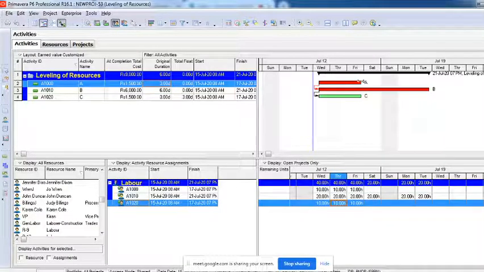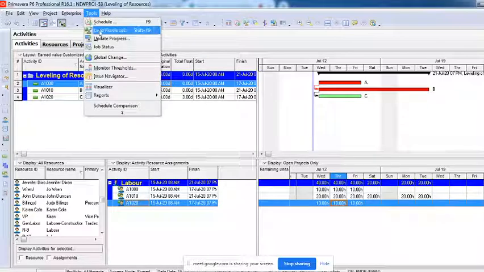Now automatic leveling is, there's an option called tools. In this tools you have something called level resources. Automatic leveling is there, then why am I studying manual leveling? Because when automatic, the software chooses to do it only in one single way, and that is usually what we call the delay method. The delay method will delay an activity to the days when the resource is available. Whenever the resource is available on those particular days, the activity will get delayed. That is what it will do.